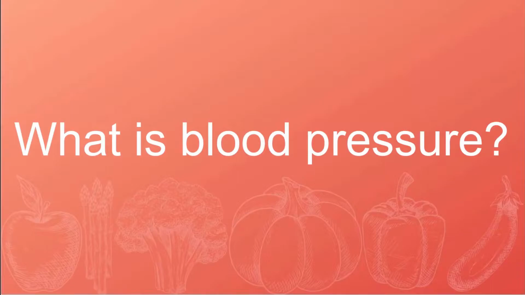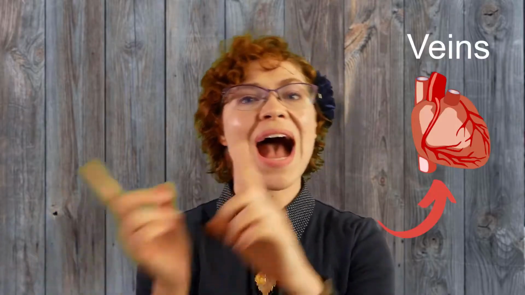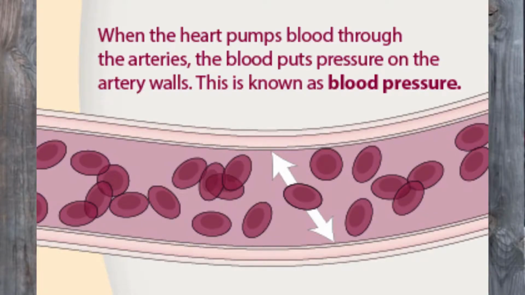So firstly, what is blood pressure? According to the CDC, blood pressure is the pressure of the blood pushing against the walls of your arteries. So let's quickly take a detour and try to figure out what arteries exactly are. You might have heard of veins before, but arteries might be a little bit different. Veins are the blood vessels that bring blood back to your heart, whereas arteries are the ones that go from your heart to the rest of your body. And so essentially blood pressure is measuring the pressure of blood on the walls of those blood vessels that travel